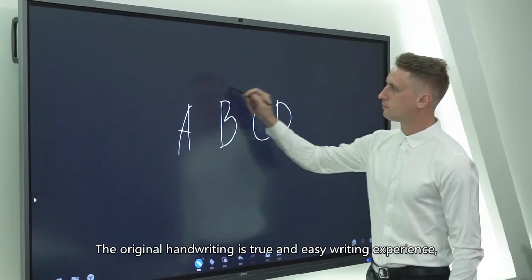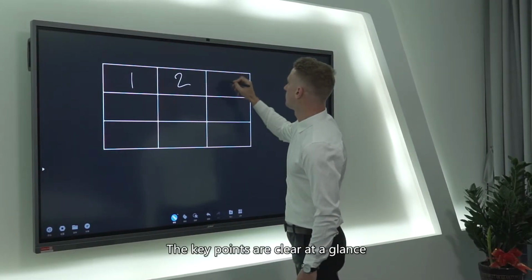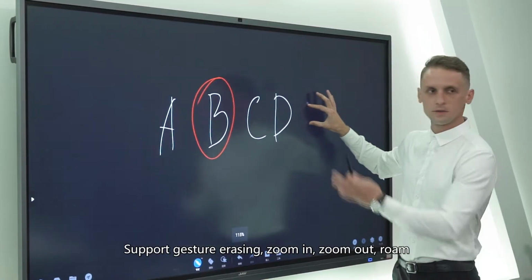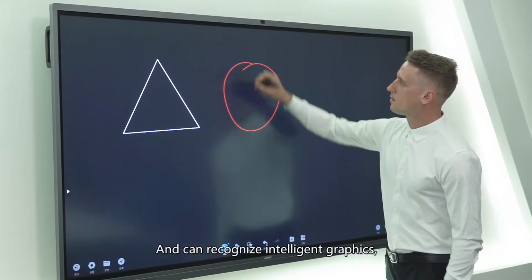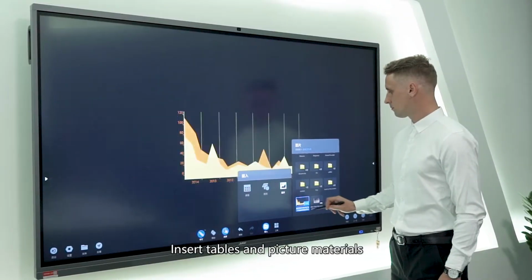The original handwriting gives a true and easy writing experience. The key points are clear at a glance. Support gesture erasing, zoom in, zoom out, roam. You can also add pages as you like, and it can recognize intelligent graphics, insert tables and picture materials, scan code